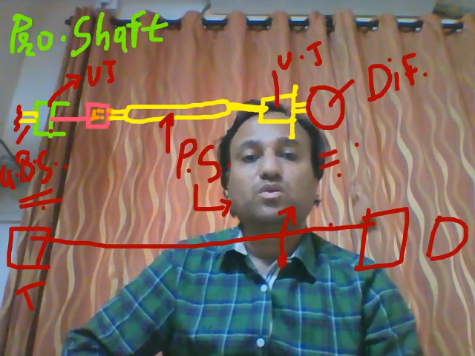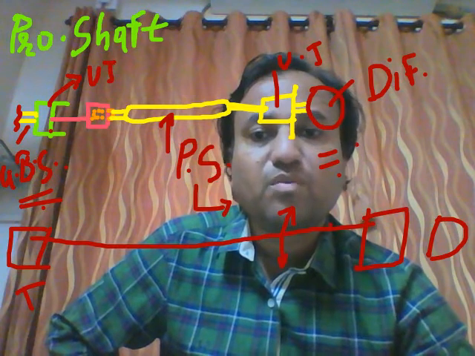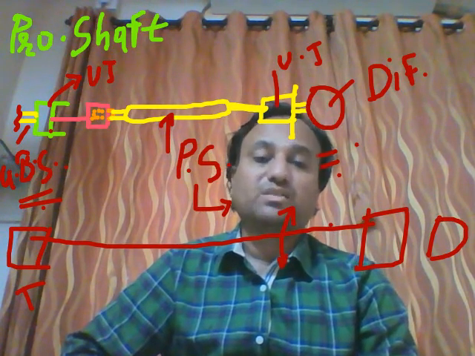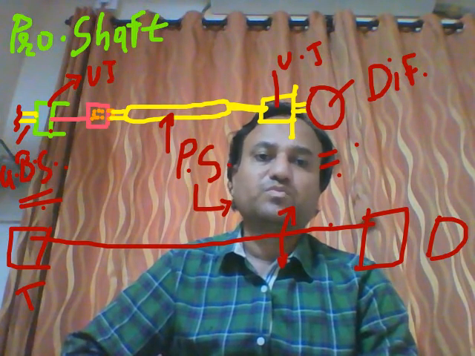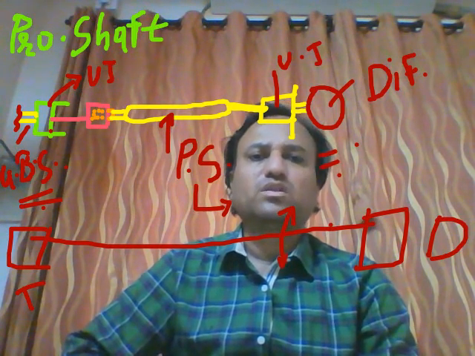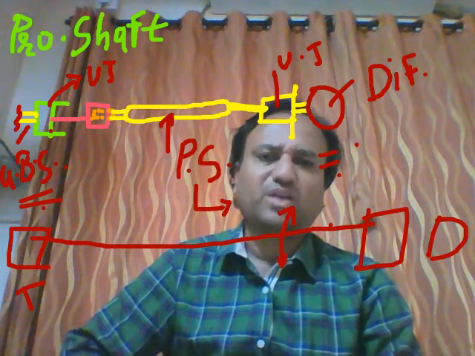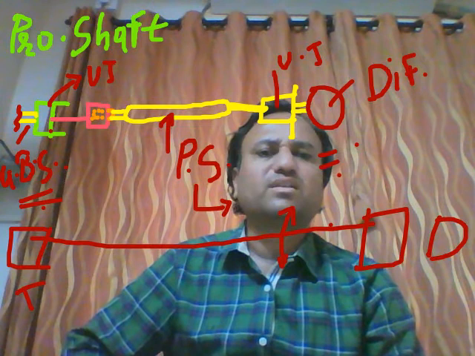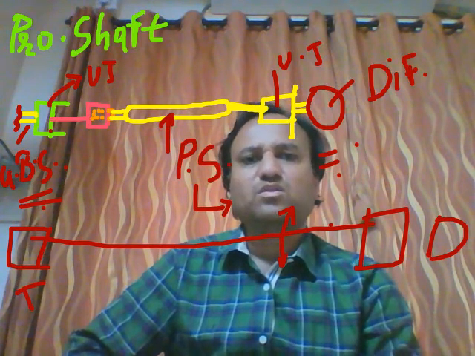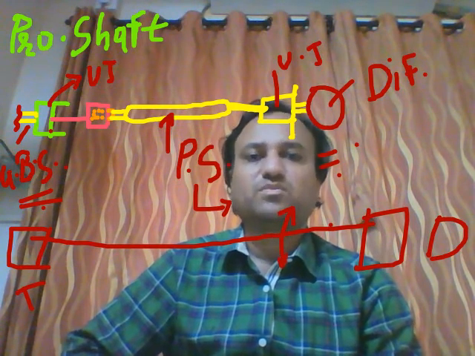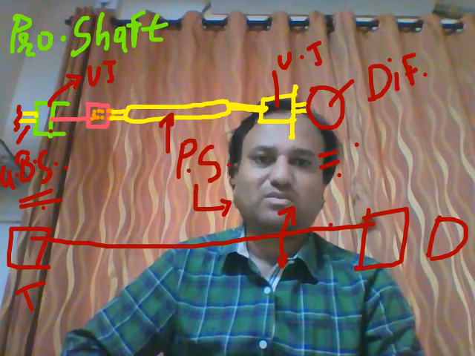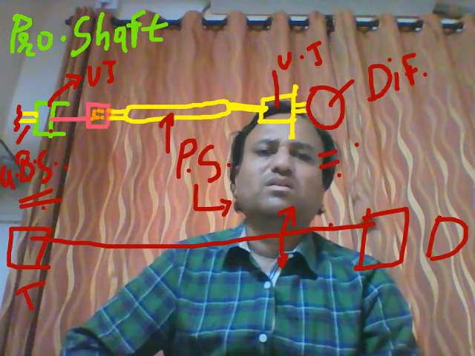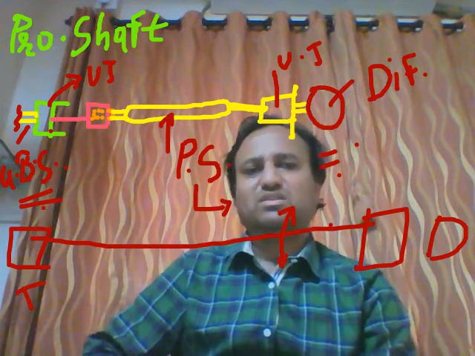so buckling of the propeller shaft may take place, that is, the L by D ratio, length to diameter ratio, will be more than 12 or more than 20, you can say. If the length is more, it is a case of a long column, so there are more chances of failure due to buckling stresses. Along with buckling, the other severe stress is the torsional stress.